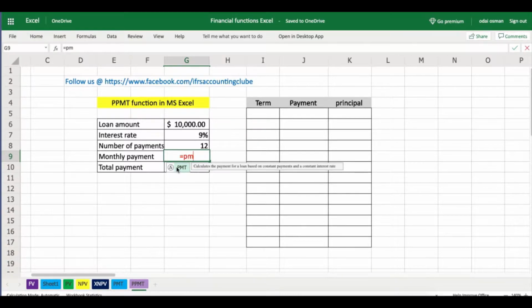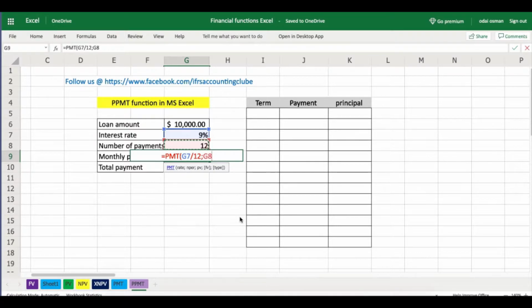We look at the PMT function. The rate is 9%, divided by 12 months, and we need to enter the number of periods. We have 12 periods, 12 payments,